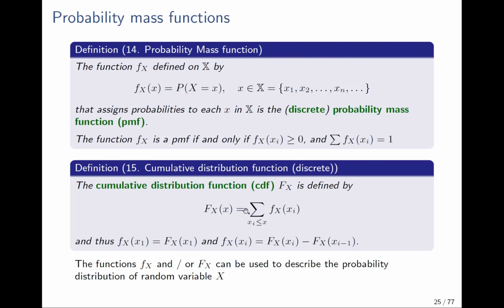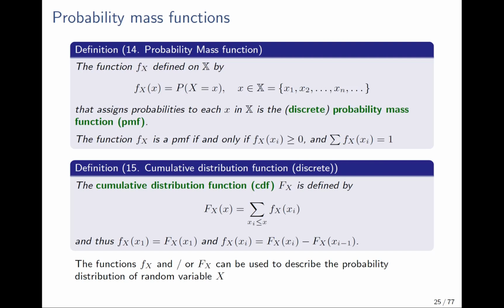That's why it's called cumulative, because it's summing. And thus, in the case of the first element of the range of x, the probability mass function and the cumulative distribution function are the same, and we can calculate the probability of any particular value of x by taking the difference of successive values of the cumulative distribution function. So we can use either the probability mass function or the cumulative distribution function to describe the probability distribution of